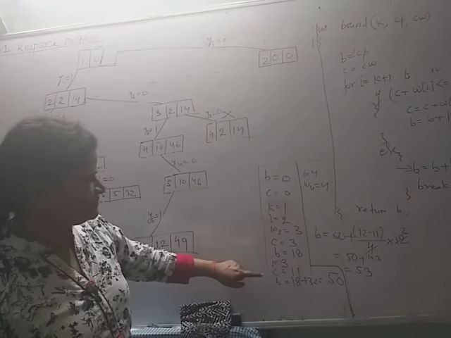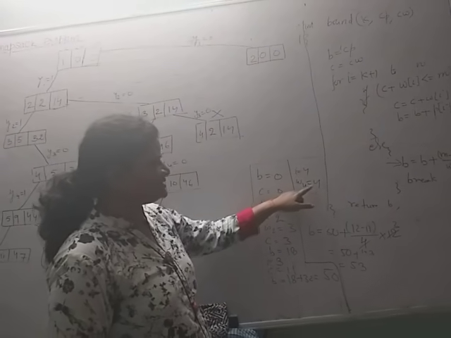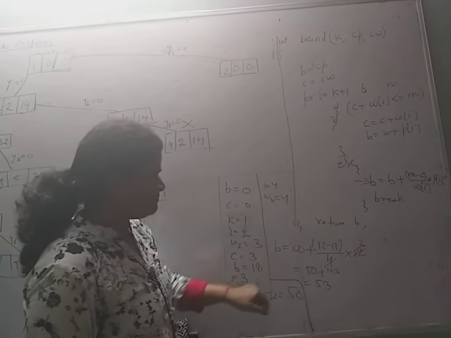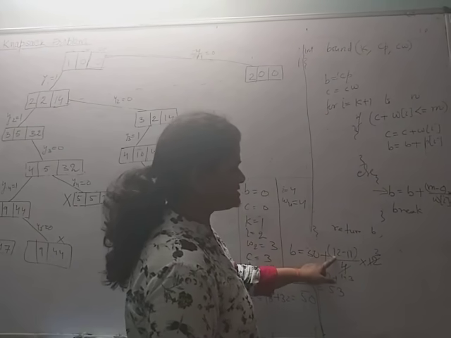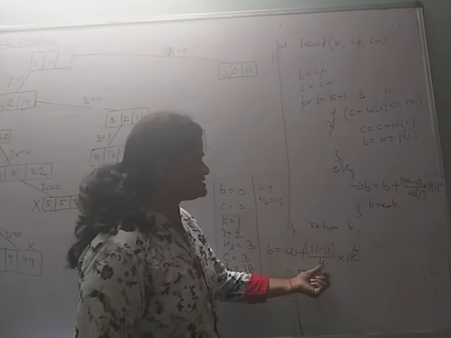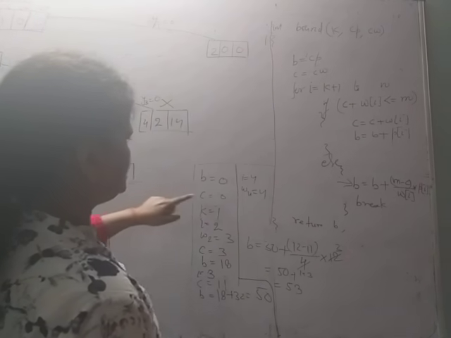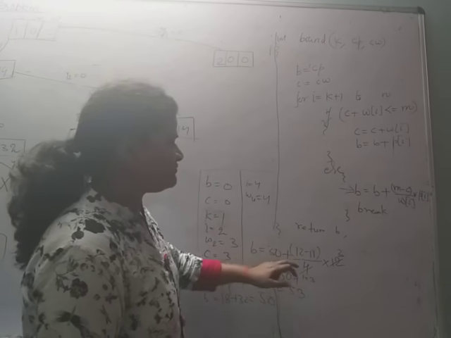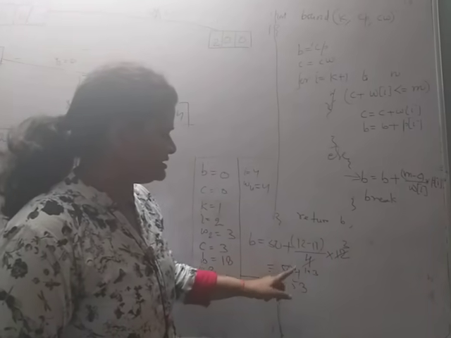Check it again. Here b is 50. So w4 is 4 and the current weight is 11. This cannot be added, so this condition is not true. So the profit is generated with this. The current profit is 50, and 50 plus, the capacity is 12, the current weight is 11. I will take the fraction 12 minus 11 by the fourth weight, that is 4, because the fourth weight is not possible to include, so I will take the fraction 1 by 4 multiplied with its profit 12, which is 3, giving 53.